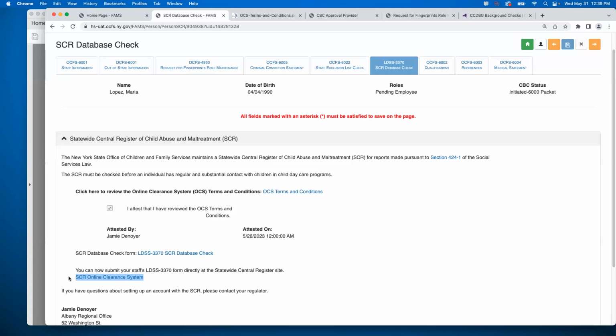If you are a program that has been doing the SCR online clearance prior to this system rolling out, you may continue to do them that way. That is the process you were using before the CBC FAMS pages rollout, so that is available to you as well. But if you weren't, then this is how you're going to be able to do it.